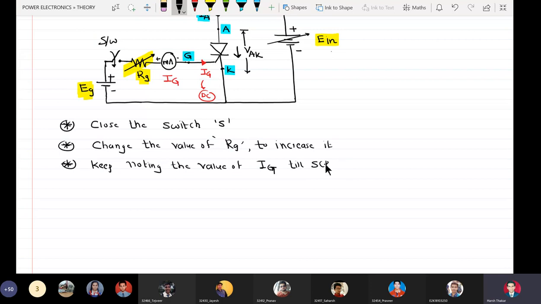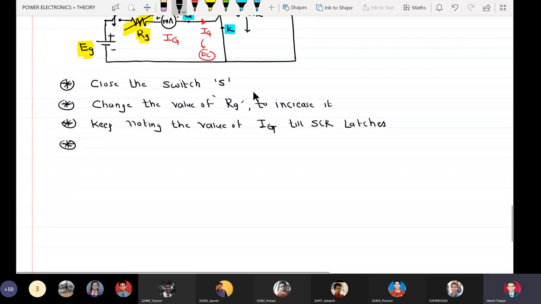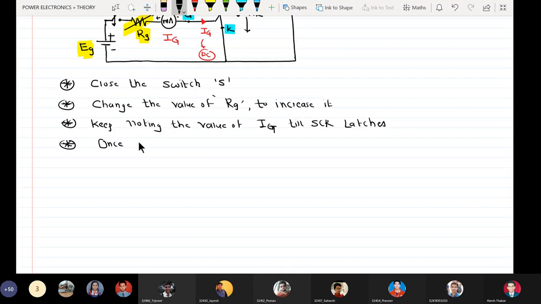So keep noting the value of IG till SCR latches. That is basically we are trying to find the value of gate threshold current IGT.